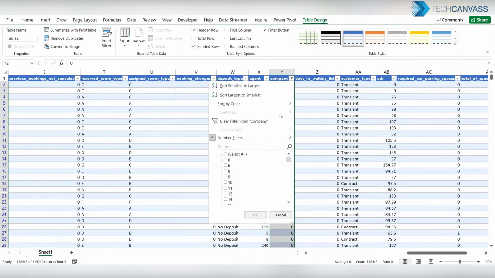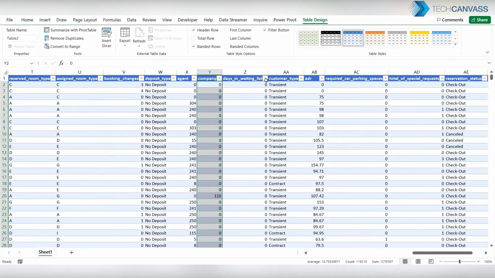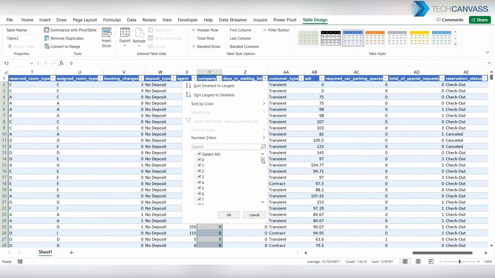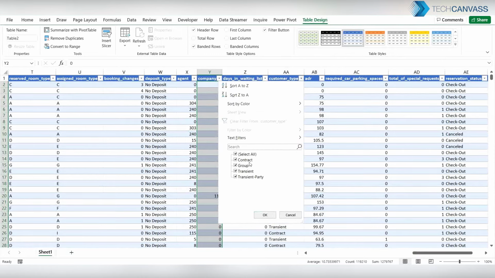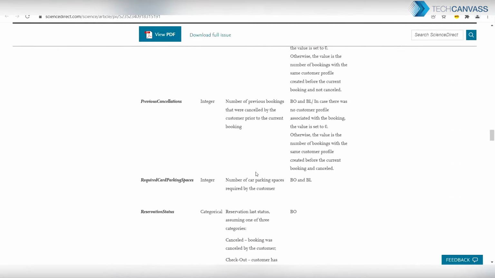Okay, so let's go ahead and select all values. The number of days in the wait list, so we don't have any nulls here. Okay, these values look good. This is the customer type. ADR. Okay, let's check what ADR is.